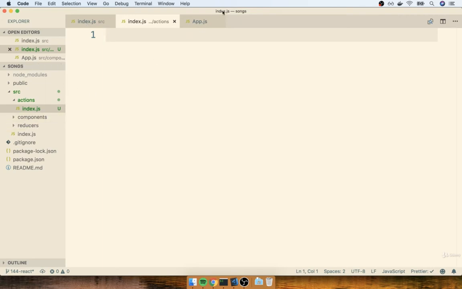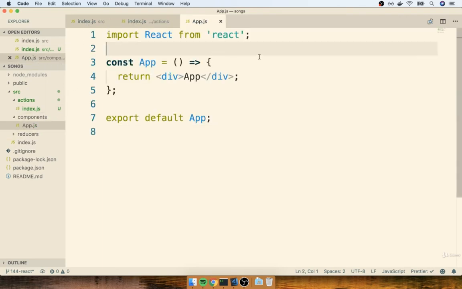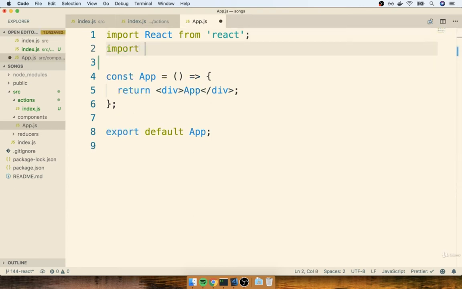So I'm going to change over to my app component right here. And let's just imagine that we want to import the actions index.js file. We don't need to, I just want to show you how we would do it. So at the top, we would do something like import actions from up one directory, and then we could write actions index like so. That is an option. But there's a little catch, there's a little shortcut. If we want to, because this file is specifically named index.js, we could shorten the import path right here to just actions like so.